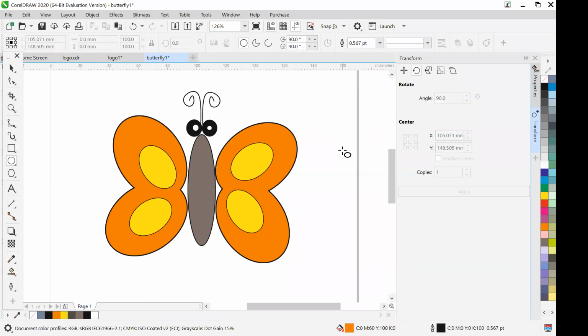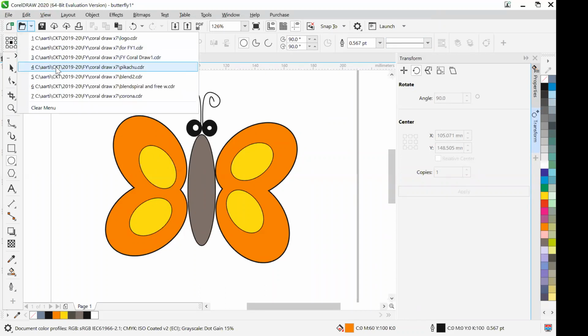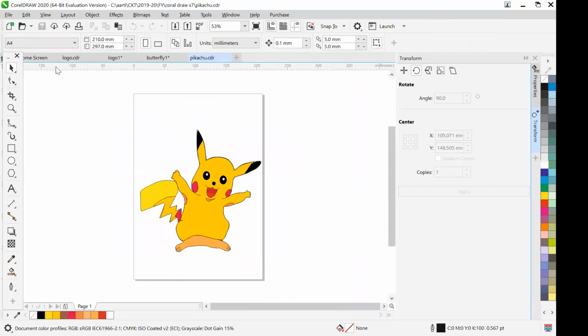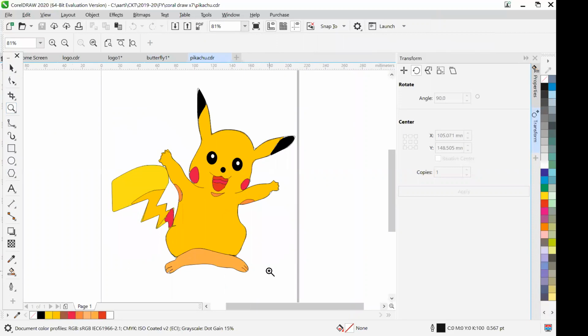At least I am able to show you the butterfly and how to draw it and how easy it is to draw this butterfly. I think this drawing of butterfly is clear to you. And now lastly, as only 4 minutes are remaining, I am simply showing you how I have drawn the Pikachu. This is Pikachu. And you will be able to draw it. But it requires patience. Not that much, but you will be able to draw it.